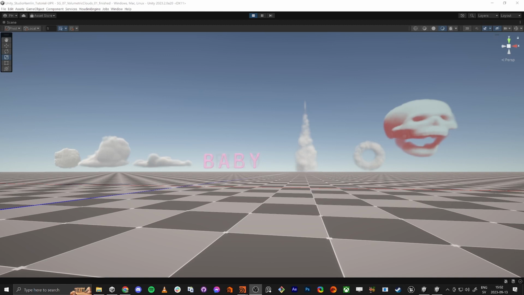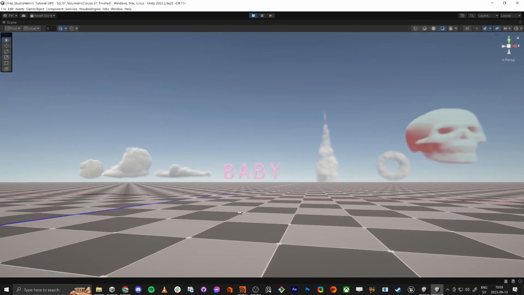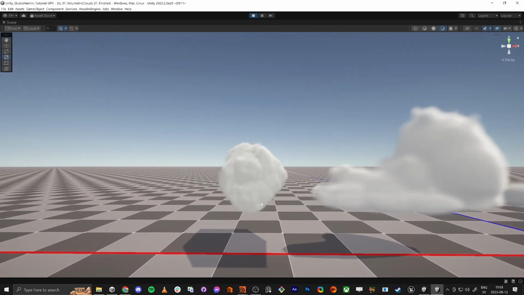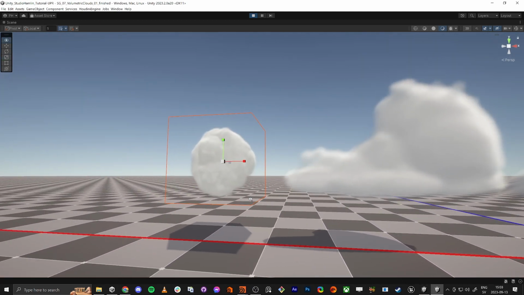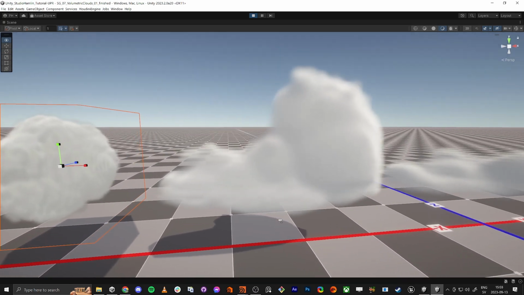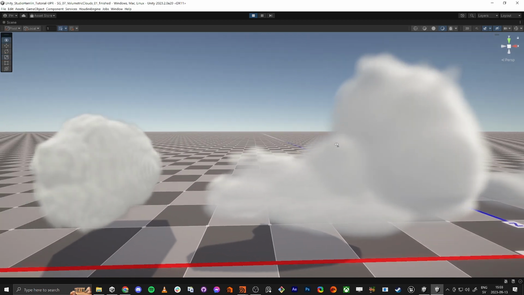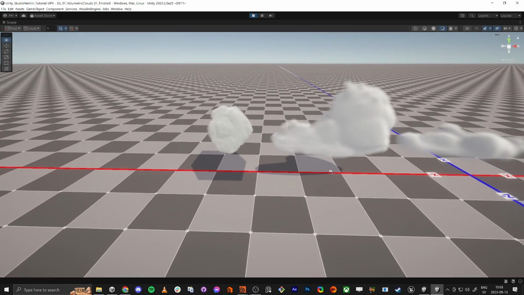Hello everybody and welcome to this tutorial about doing clouds, or actually volumetric 3D textures in Unity with Houdini. So what I'm going to show you is to make these kind of things. So this one is Unity's, and I'm going to show you how to tweak it a bit, and you can make this cloud here. You can see it actually moving a little bit,